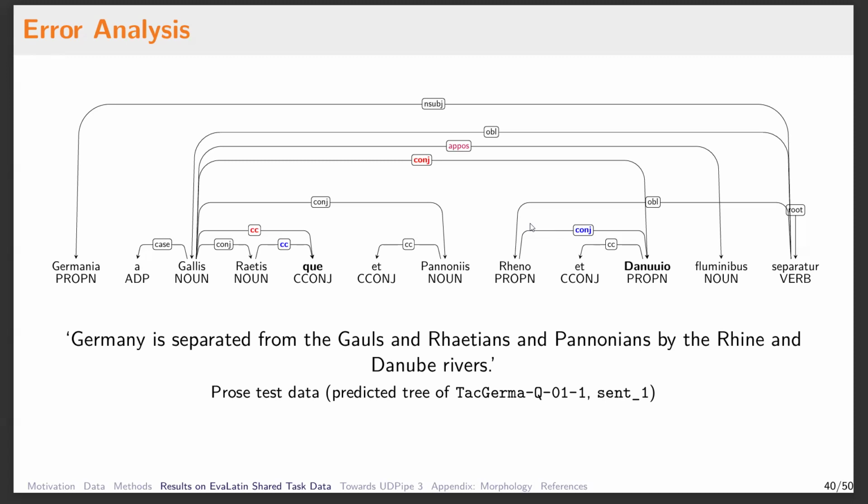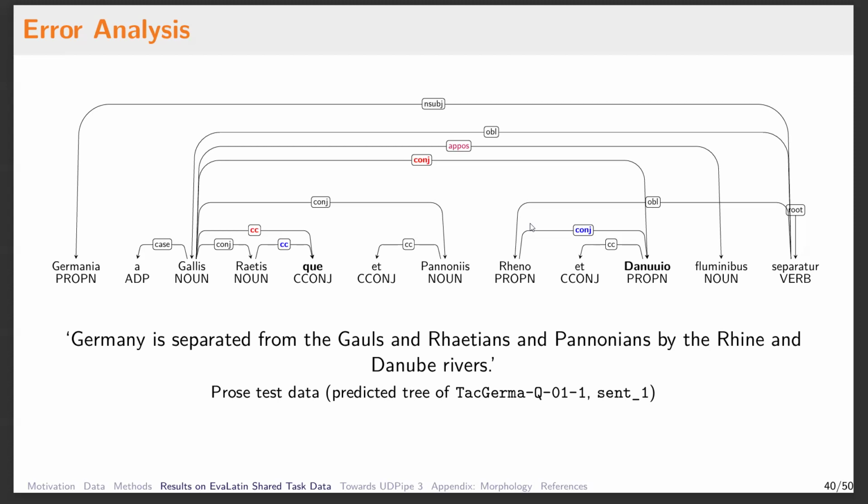As you can see here, we have this phrase, a gallis retisque, which means from the Gauls and rations. We have que, the coordinating conjunction, which is attached to the preceding conjunct, correctly here in this case by the model trained on harmonized Proiel. But when the model is trained on original Proiel, the officially released one, the conjunction is attached to the first conjunct. And the reason for that is that before being harmonized,